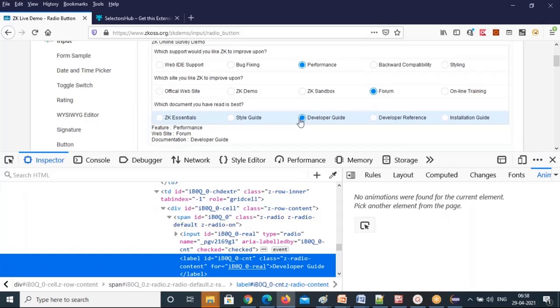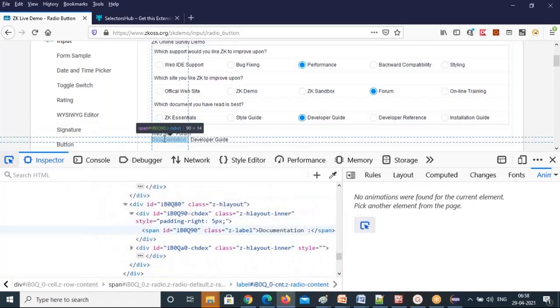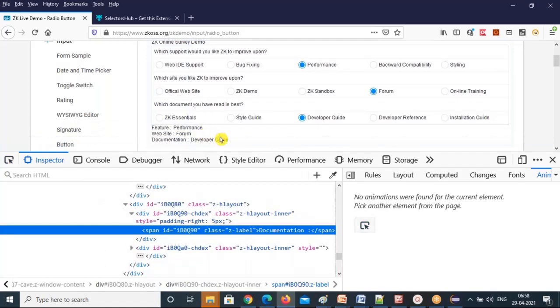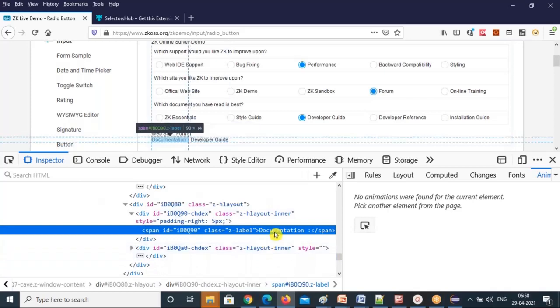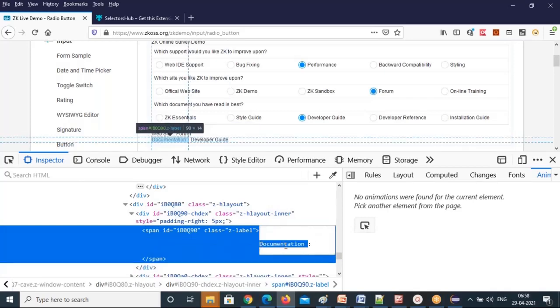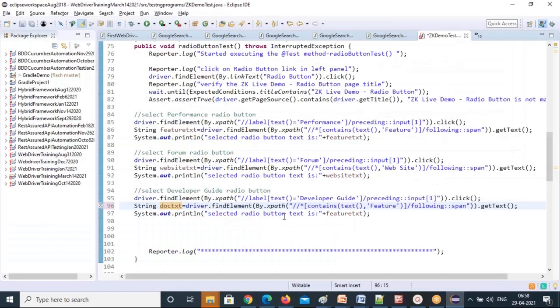So select documentation. See that? First identify the documentation, and based on that, identify the next text. So first you give documentation. There are a lot of spaces, so you get that text and pass it here in the XPath.